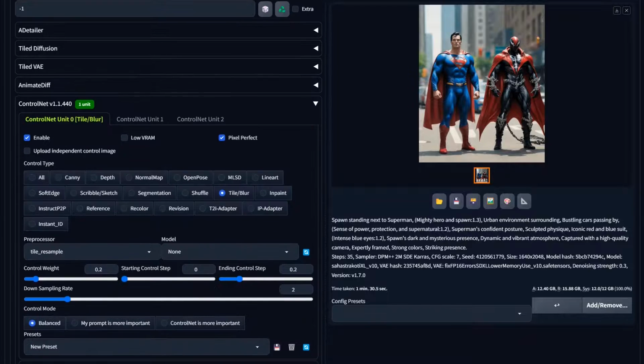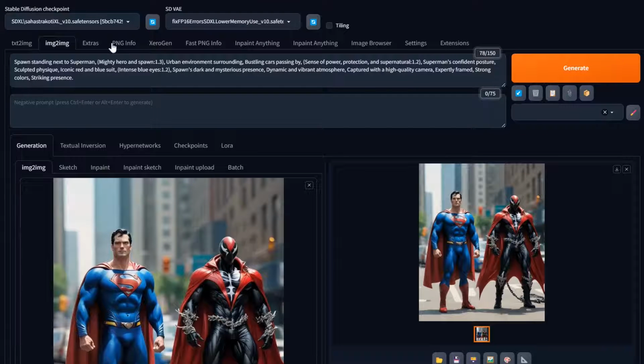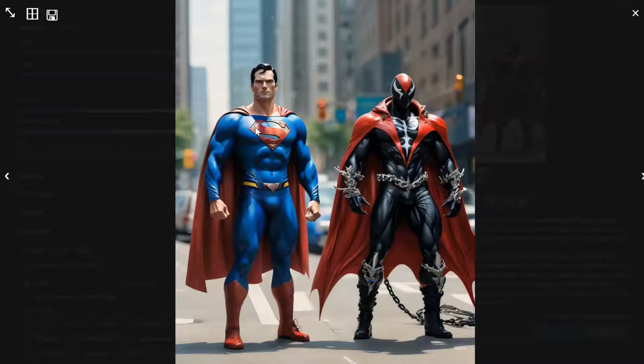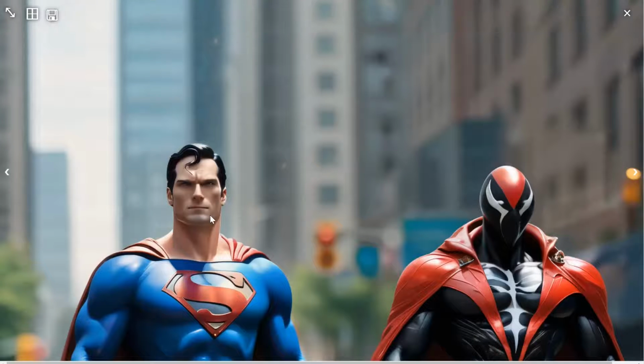Okay. That's it. So we come up here. I don't think we need to change anything else. We're just going to go ahead and hit generate on that, and I'll show you how big it is when we get back. Okay, it's done. It took me about 57 seconds to do that, and we now have a much sharper image that, if we blow up,